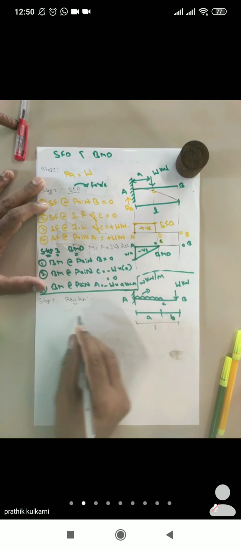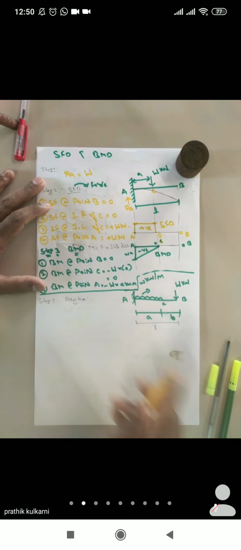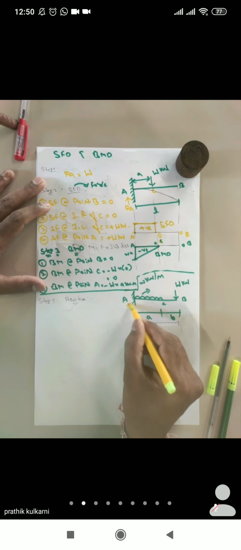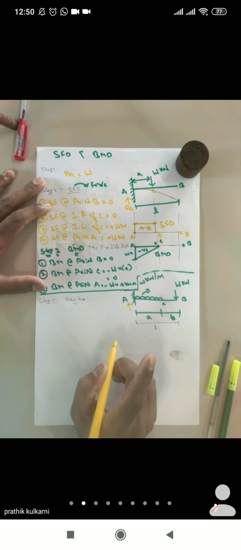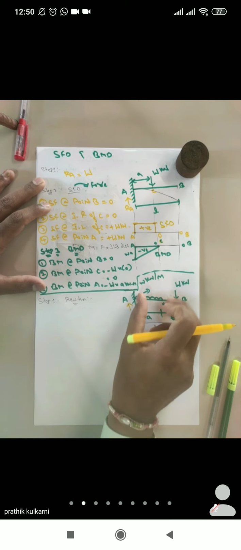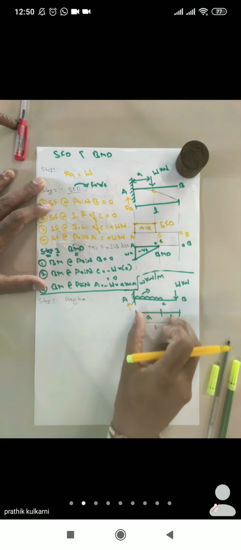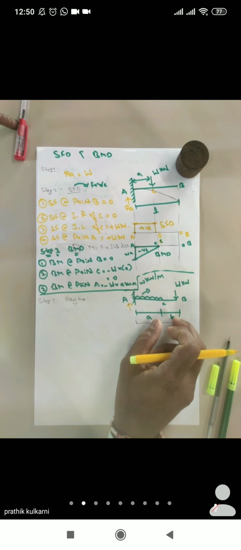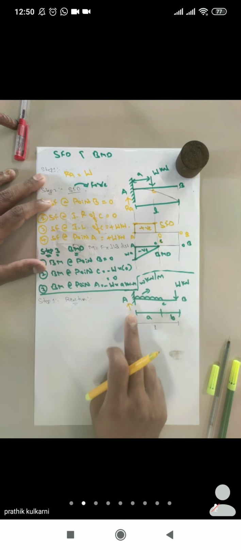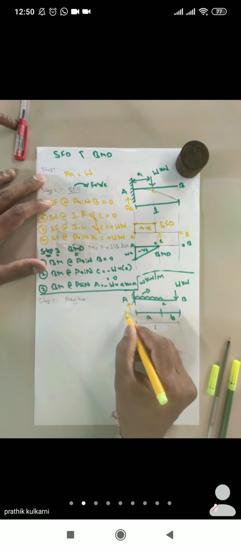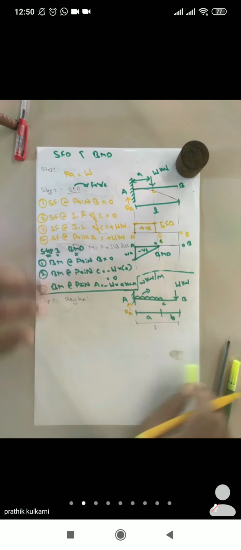Now, what will be the reaction? Where will we have our reaction? If you see, the reaction will be at point A, and there will be only one reaction, for your kind information. Why? Because we only have vertical forces; we don't have horizontal forces or any moment. That is the reason we'll have only a vertical reaction, and that reaction will be at point A.